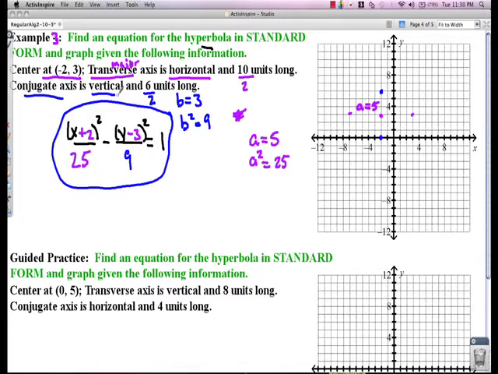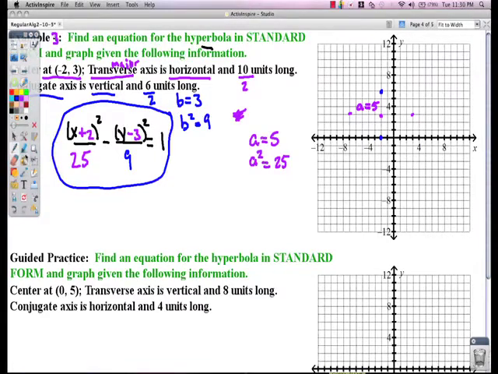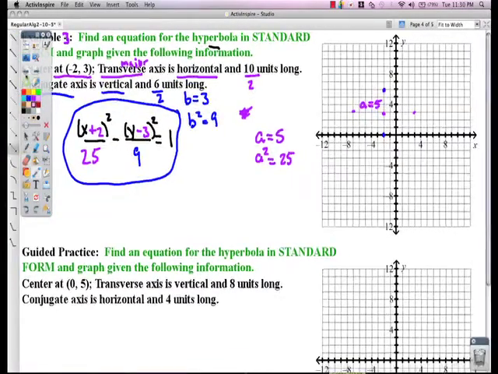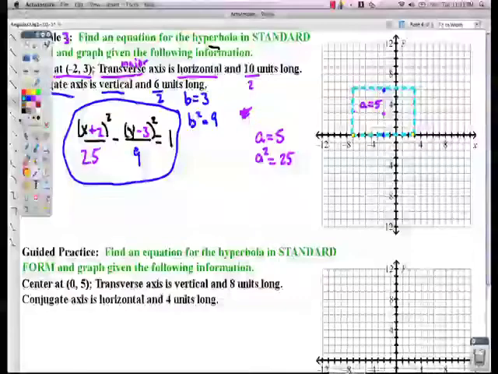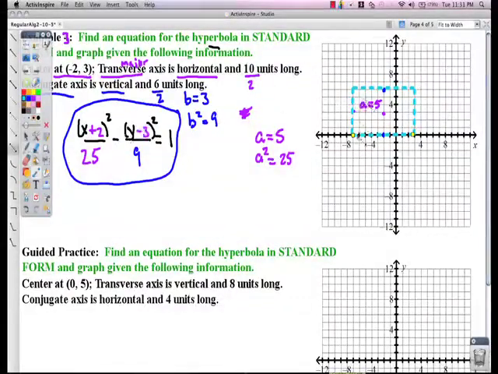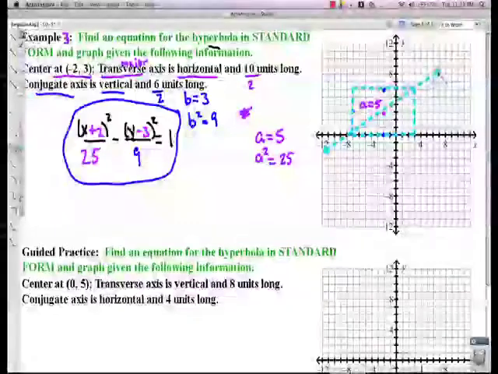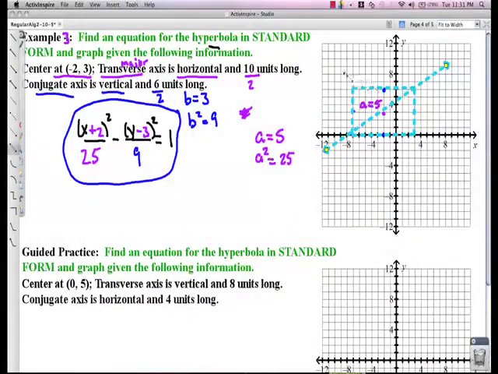Okay? If you want to go ahead and sketch this, I'll go ahead and do this one. Maybe let you finish the other one. Sketch it one more time. Let's use this. We're going to make dotted lines everywhere, make some boxes, because again, this is not an oval. So we'll connect these. And that's pretty good. I'm going to bump that one down a little bit. This one looks there. I'm going to now make my asymptotes. Again, doesn't take too long, right? You're doing it by freehand, I'm guessing,